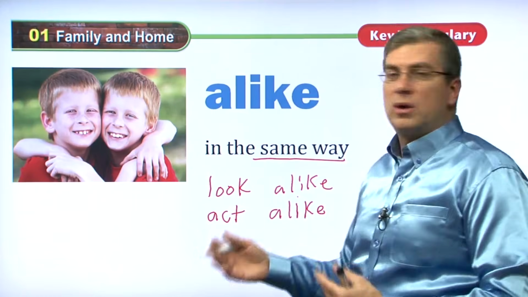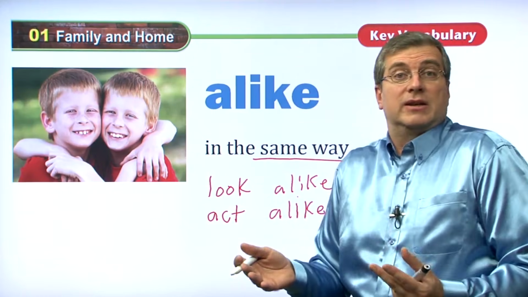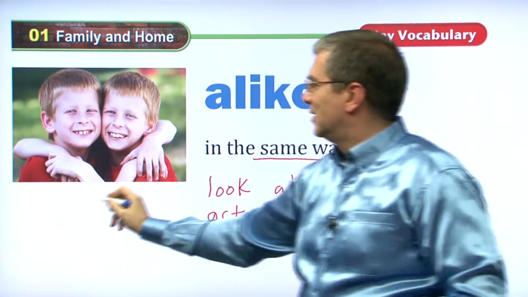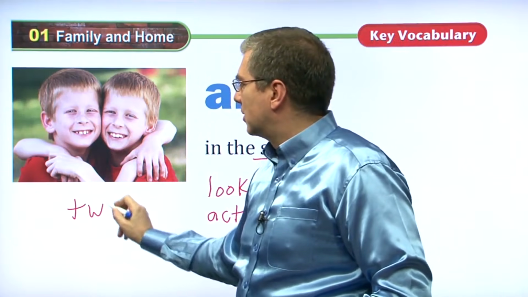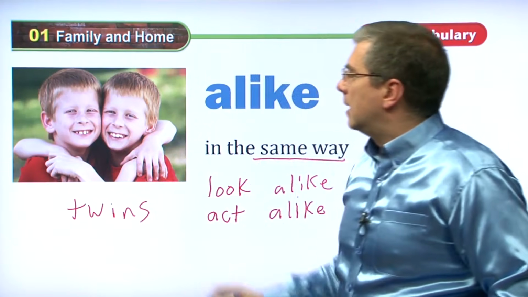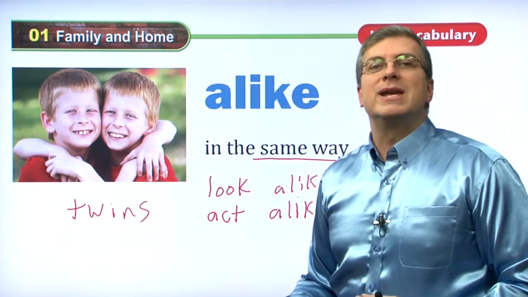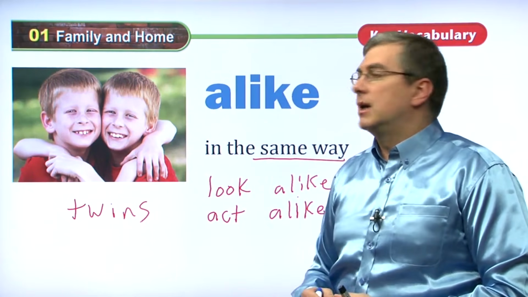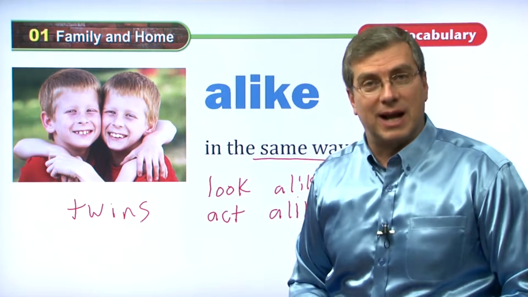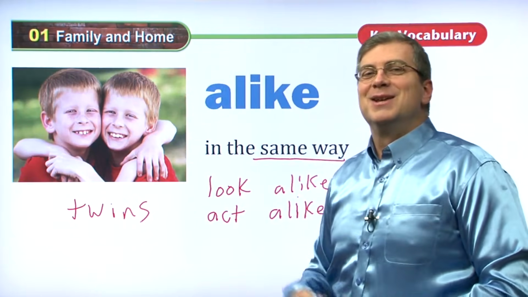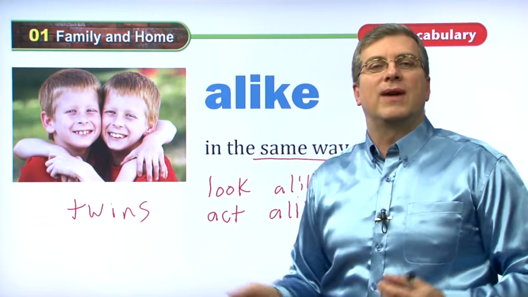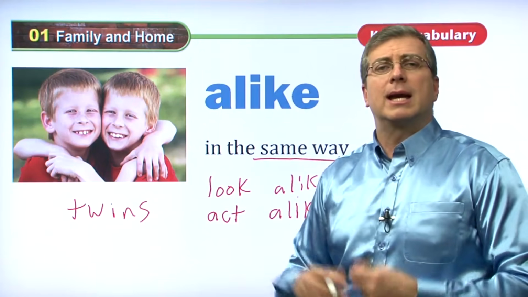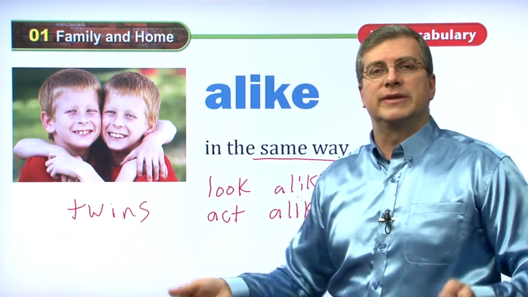Okay, so of course family members do these things. They look alike, like brothers, especially twins. These are twins, right? Twins, of course, look alike. But even brothers, my brother is 3 years younger than I am, right? We act alike, right? My father is, of course, a lot older than I am, but we look alike, right? So you can look alike with your family members even if you aren't twins or the same age. People look alike and they act alike because they're from the same family.